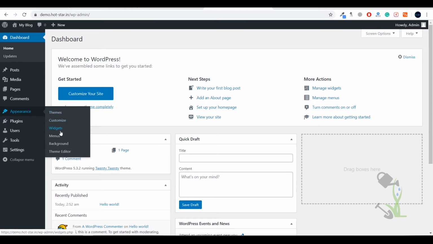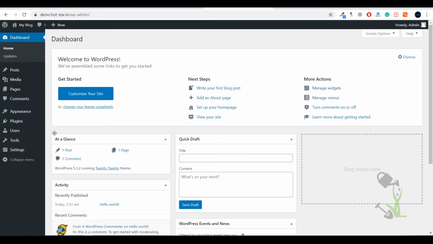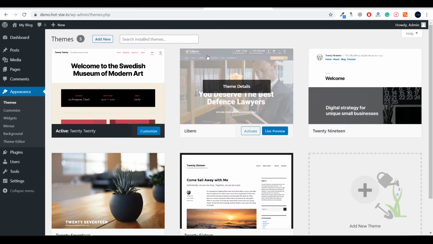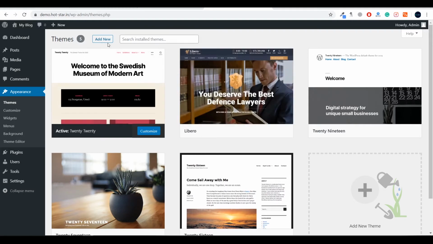Okay, so today we are going to deal with the appearance section. Under the appearance menu we will see themes. As you can see, Libero has been uploaded on my website. I will tell you how you can upload it as well. Click on add new,